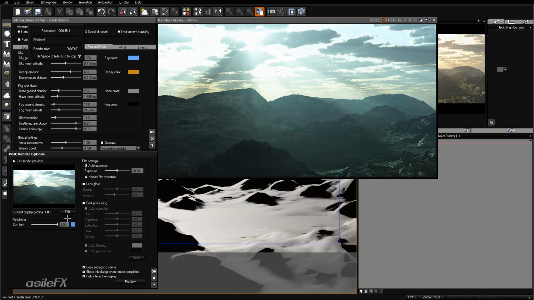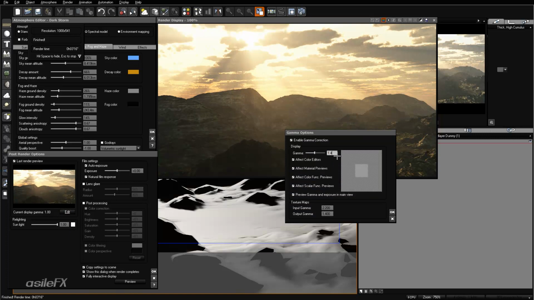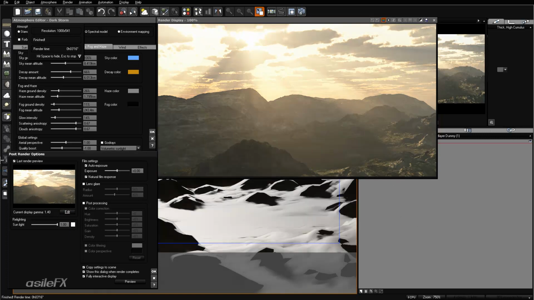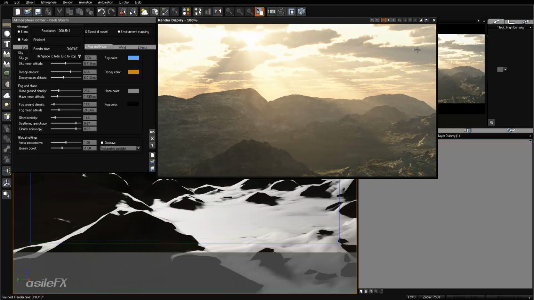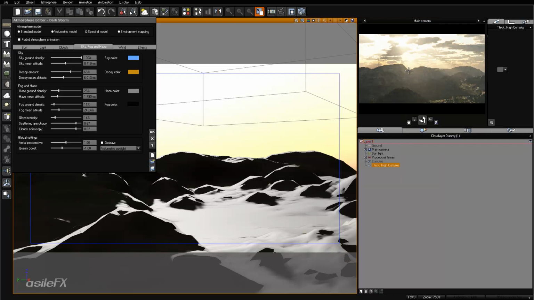So that these changes aren't applied to the scene, because what will happen is the intensity values and colors typically carry over, I'm going to reset the color. I'm going to bring my gamma back. Click OK. And there's